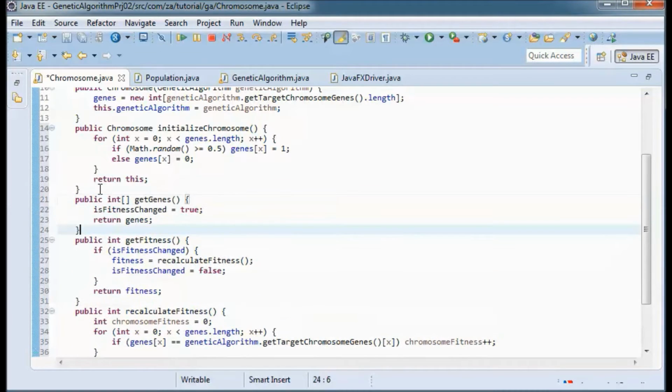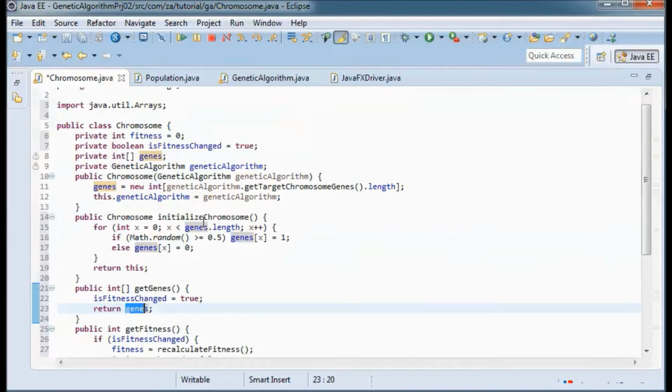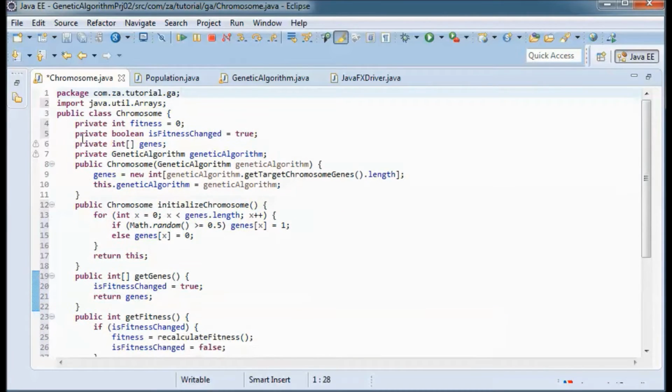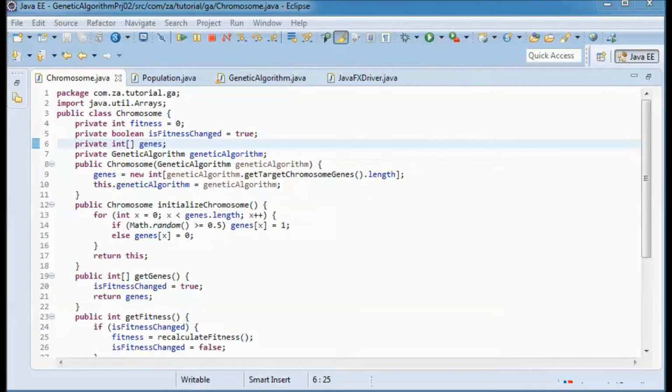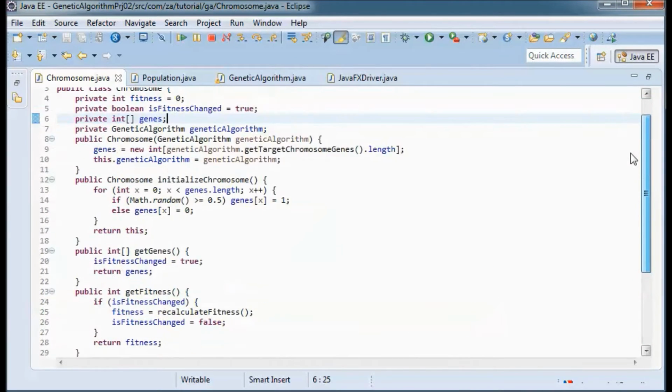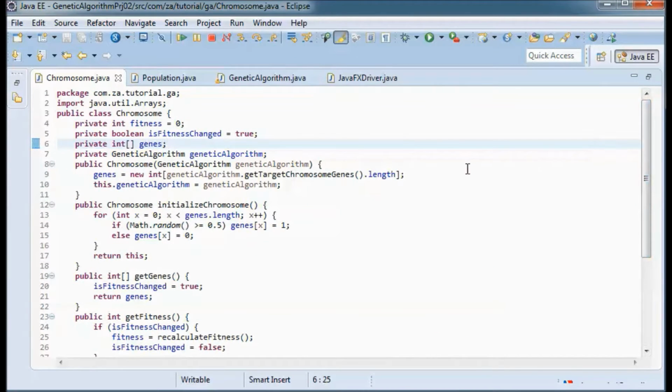And the get genes method will return the genes. So this should do it for the chromosome class. Next, let's go to the population class.